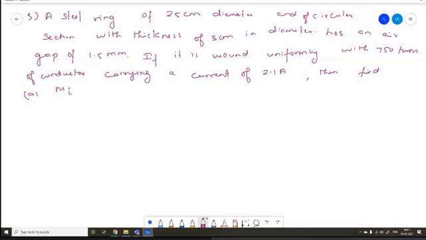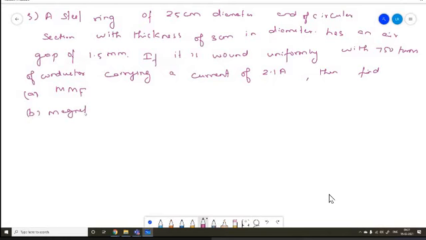So this means the total mmf. Just like if you connect a voltage source in series with two resistances, and that voltage gets divided across those two resistances, in the same way here you have a mmf that is generated due to the applied current, and that mmf gets divided across the steel ring and the air gap. So first of all, you have to find the total mmf, and then